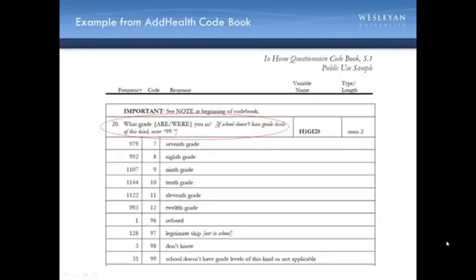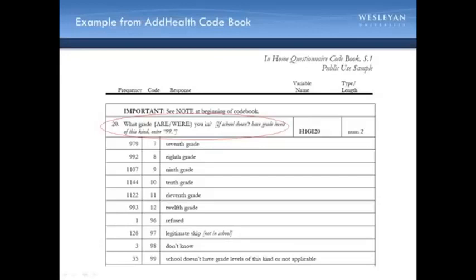First of all, codebooks can be used to generate research questions, and secondly, data is often useless and uninterpretable without them. The codebook describes how the data are arranged in the computer file, what the various numbers and letters mean, and any special instructions on how to use the data properly. Like any other book, some codebooks are better than others.